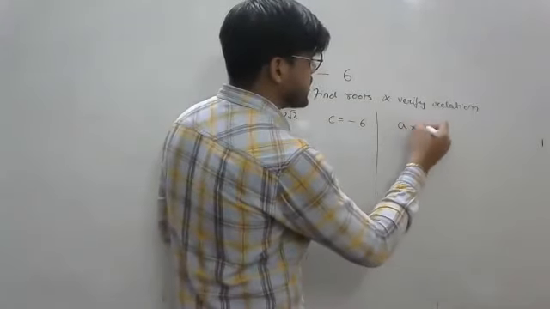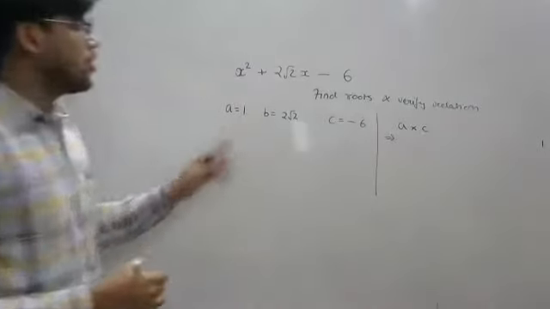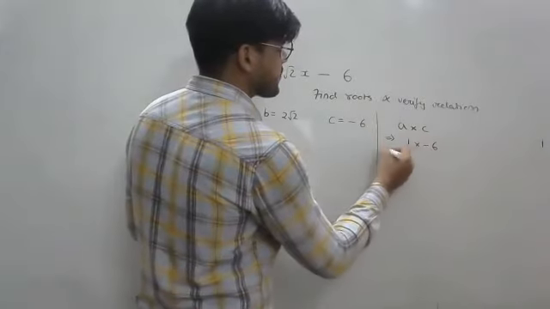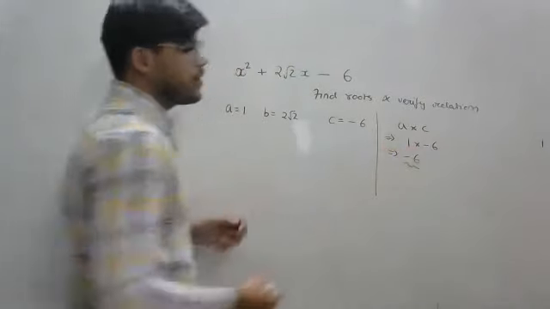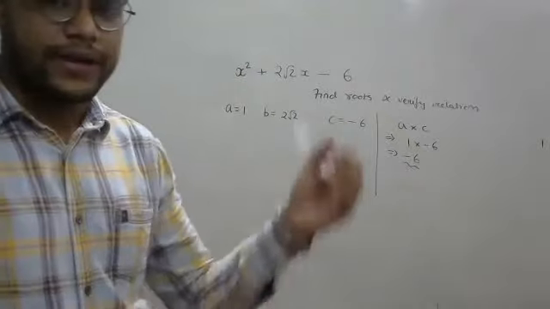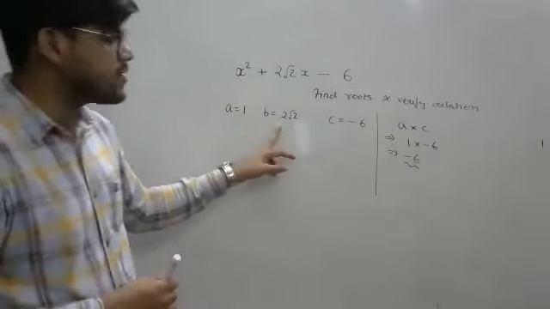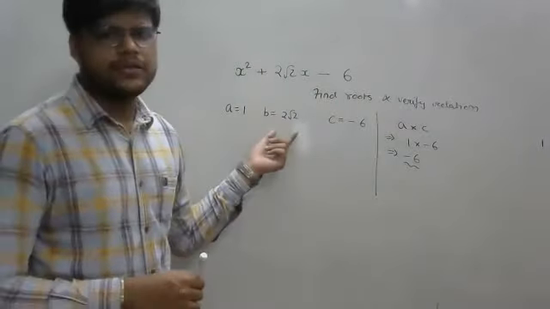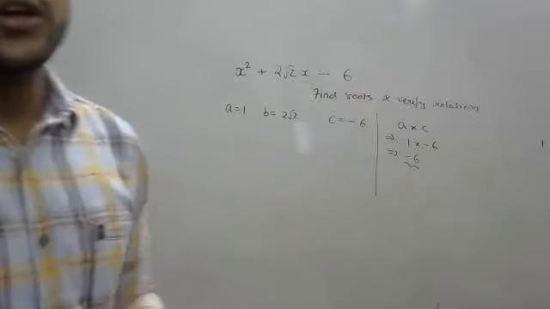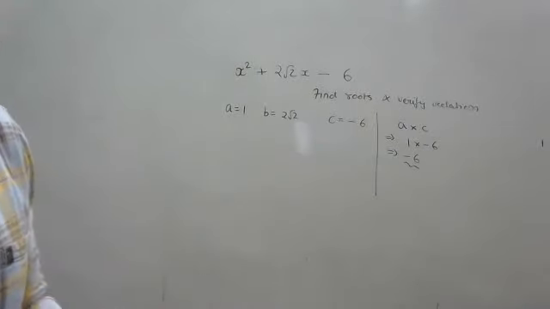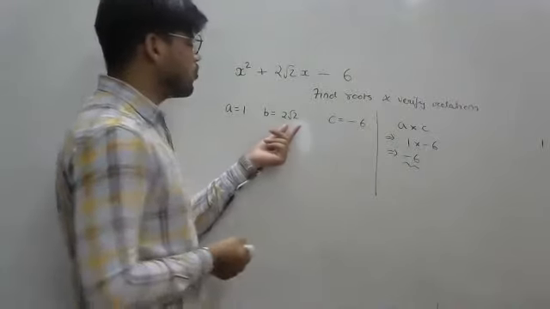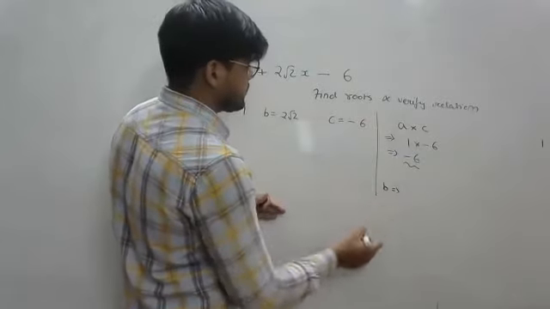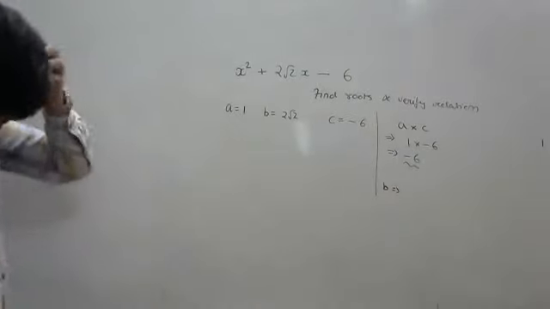Now the product of A and C would be 1 into minus 6, so it's minus 6. Now, this is not a normal question where you can just write the factors of 6 and you'll get the answer. Please understand, B is in irrational form. B is in root. So you need to think in a different manner. आपको यहाँ थोड़ा सा अलग सोचना पड़ेगा. As B is in root 2, you have to make two parts. Also, there's one more method to this.